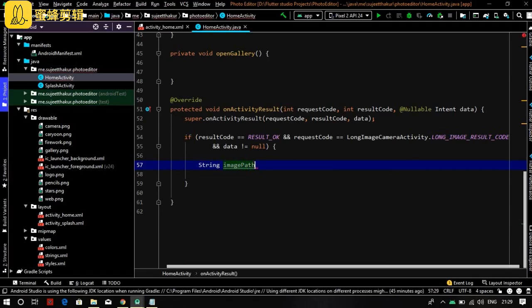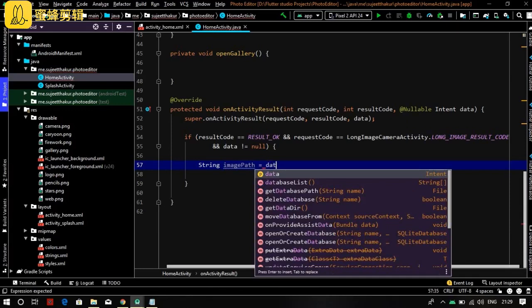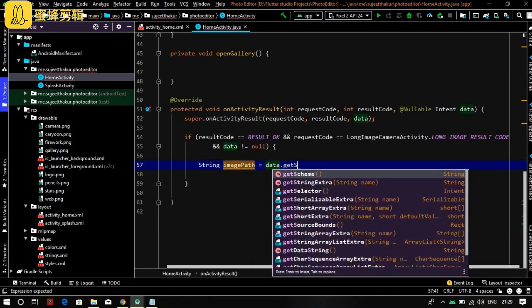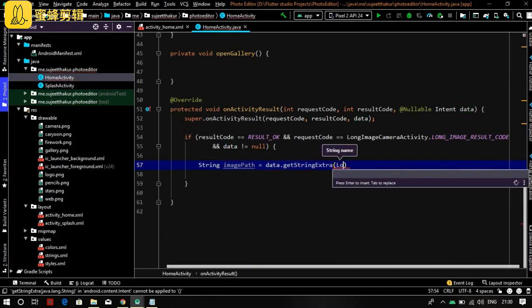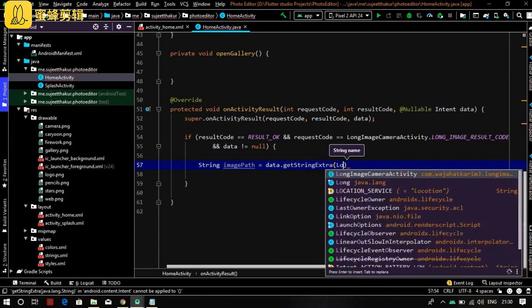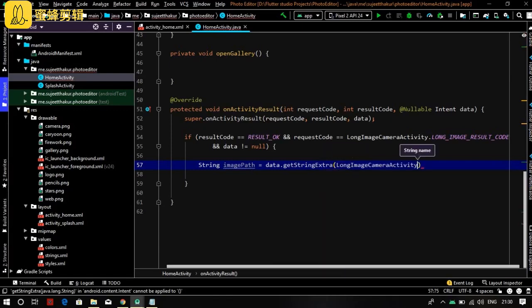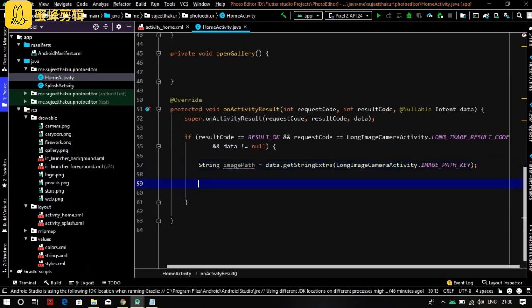Let's create a variable called image path. We'll get the image path of the captured image. Data dot get string extra and add here long image camera activity dot image path key. It will give the path key for our captured image. After getting the path key of image path, we will edit that image.